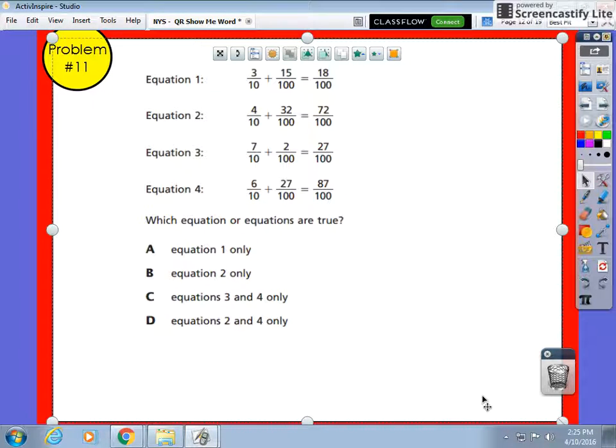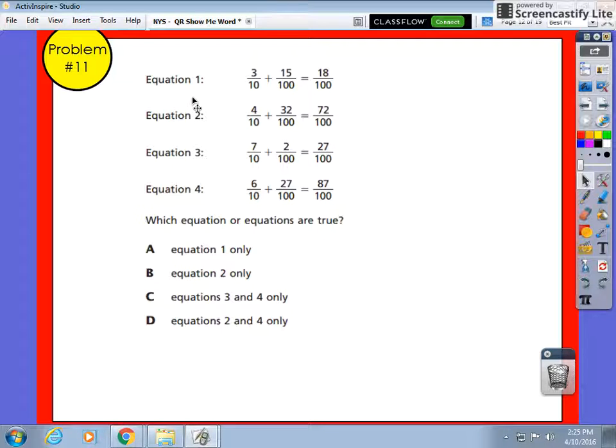So now I'm working on problem number 11. Problem number 11 is a multiple choice question, but it's a really tricky one. So when you take a look at problem number 11, it gives you equation number 1, and it says 3/10